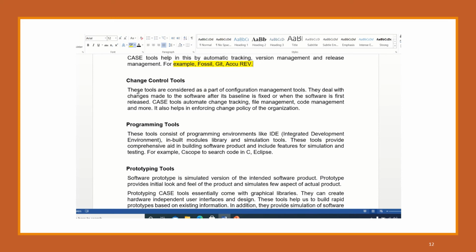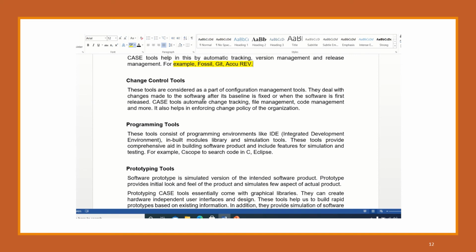Now moving to change control tools. These tools are considered part of configuration management tools, and they deal with changes made to the software after it is baselined and fixed, and when the software is in its first release.